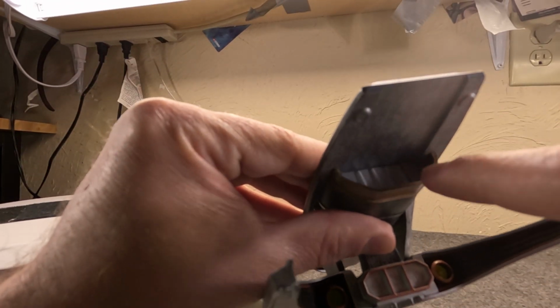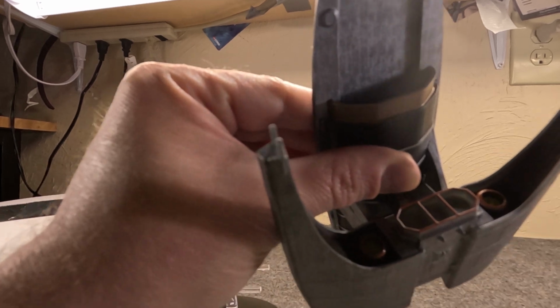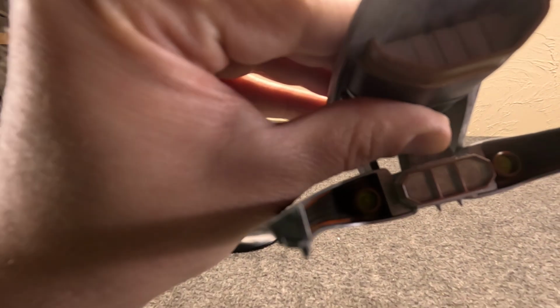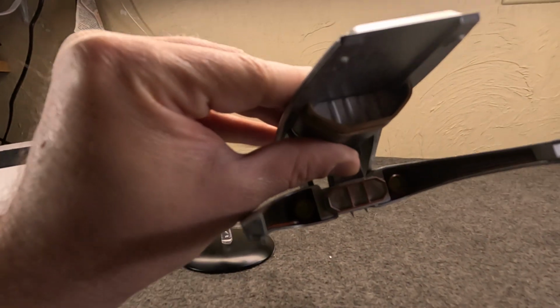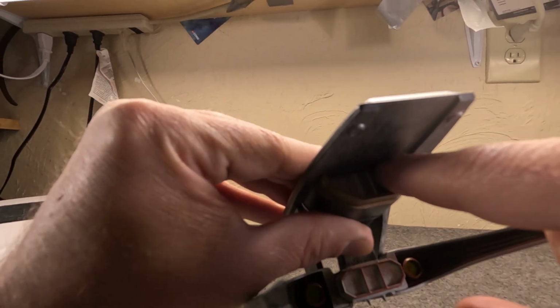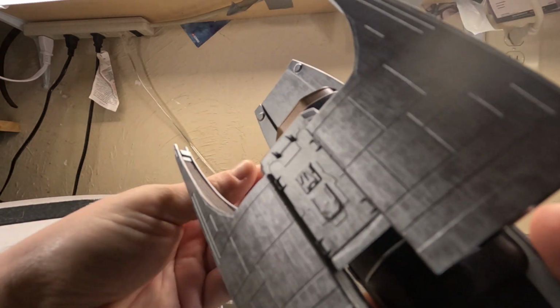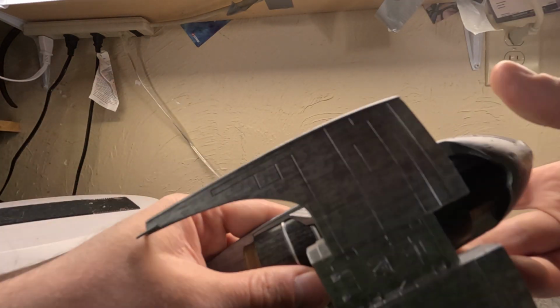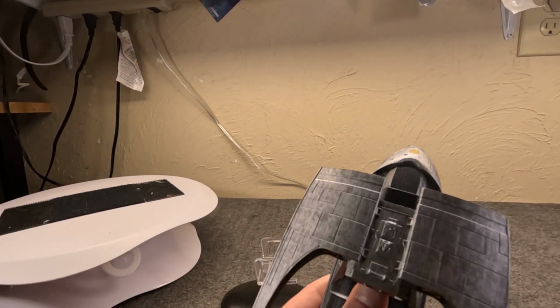And then we have some more, and I would think these would be the impulse engines down here. Meaning that I would think this is a shuttle bay. But I don't know that anyone ever really defined it, because it was just, again, kind of a background ship. On the other hand, they could have shown nothing at all,